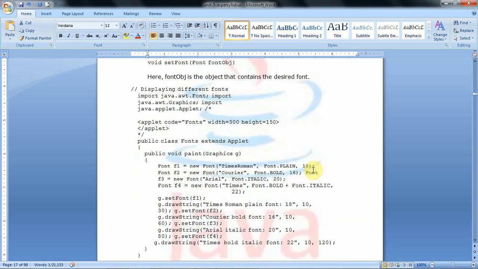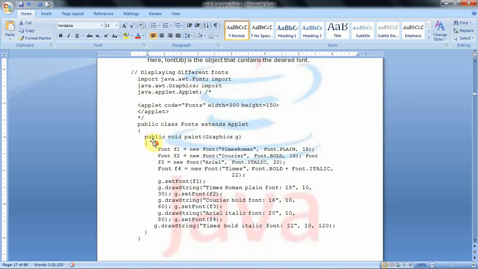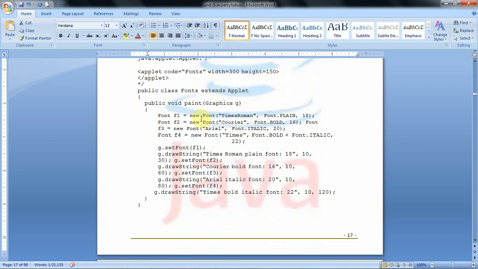Okay. So we are going to see one example program that demonstrates font object creation. Here the applet package is imported, then the AWT package is imported, then the applet tag, public class FontsDemo extends Applet, then the paint method.